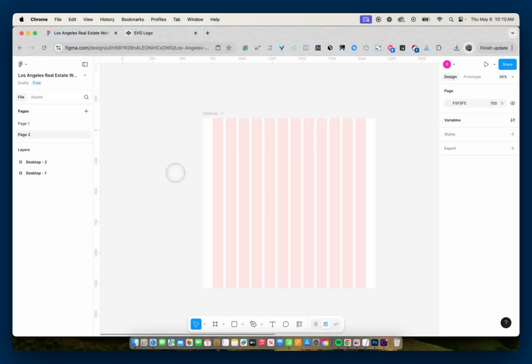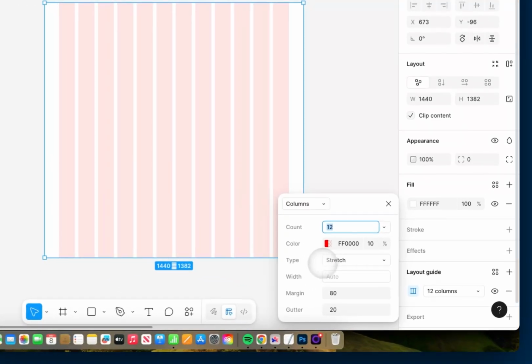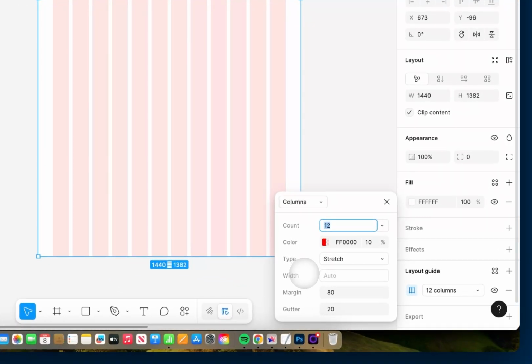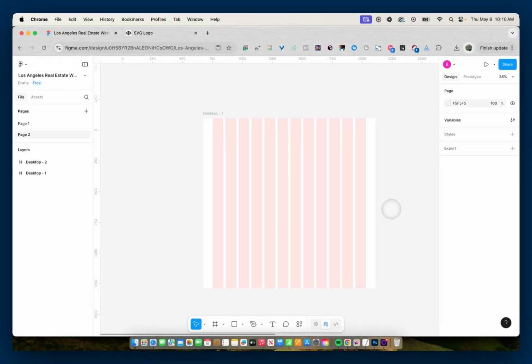So starting off with tip number 1, and that is to define the columns in my grid as variables. On my canvas right now, I have your standard 1440 artboard, and I went ahead and already added in a 12-column grid. For this 12-column grid, I have it set to stretch with a margin of 80 and 20 pixel gutters. And what I like to do is add 12 rectangles for each size of